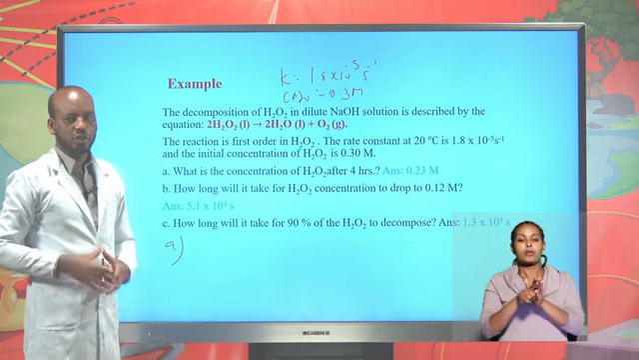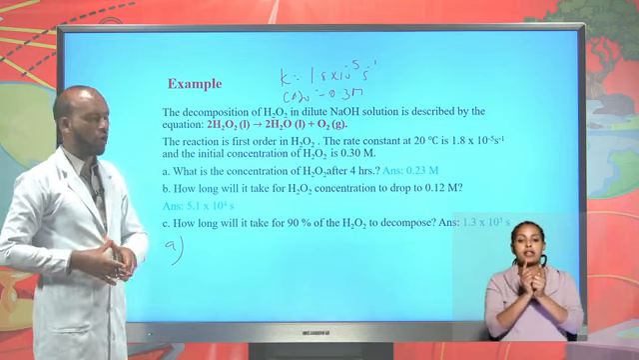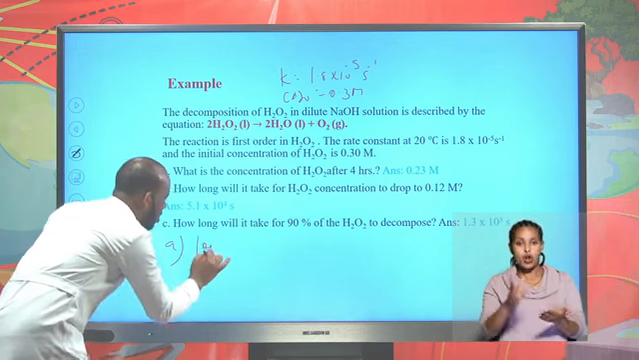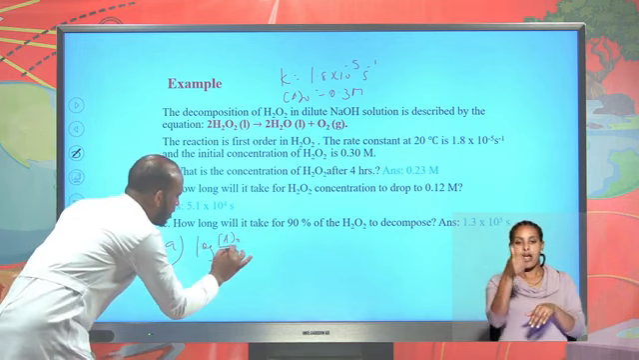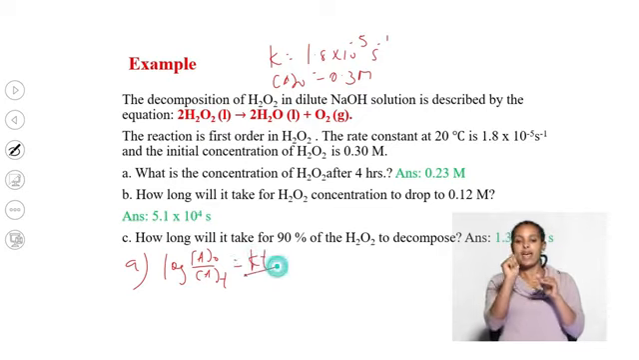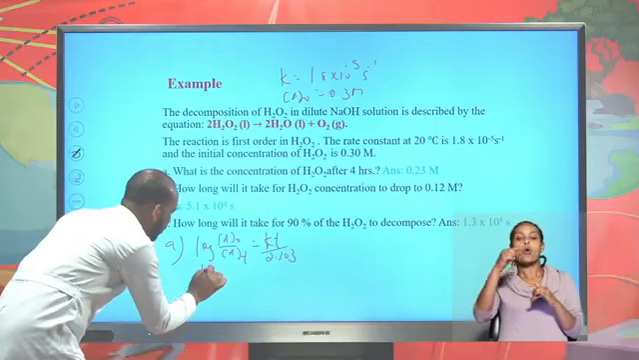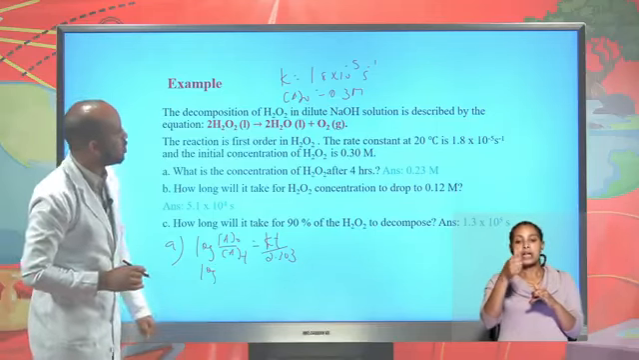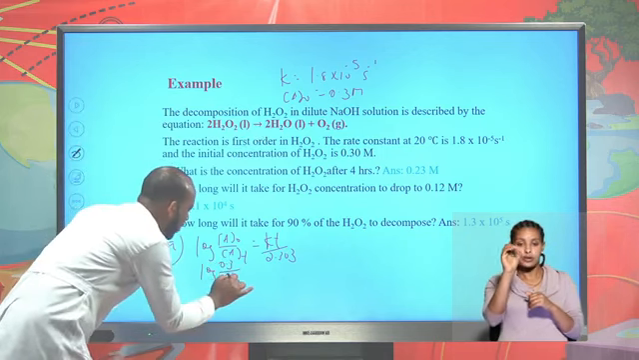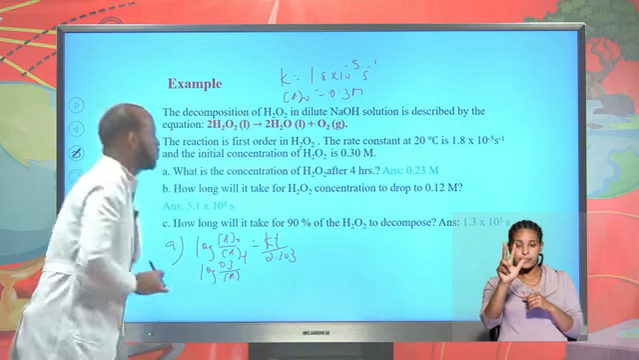From the integrated rate equation for a first order reaction, we have log of the initial concentration A naught divided by the concentration of M at any time t equals Kt divided by 2.303. The initial concentration A naught is 0.3 divided by the concentration of M after 4